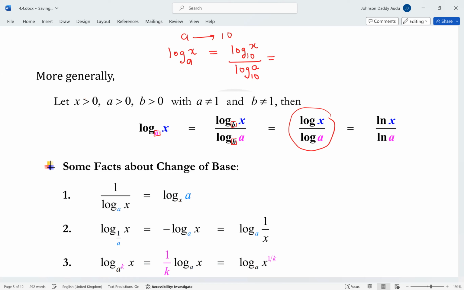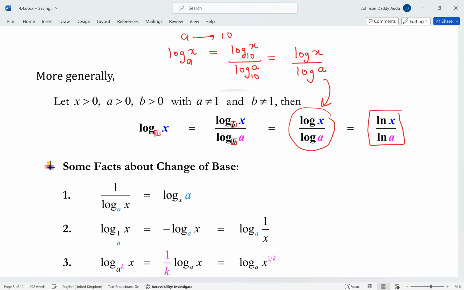But we know we don't write log to base 10, we just leave it without the base. So this just becomes log x over log a. That is why we have this part. Is that okay? Now, we can also write it as ln x over